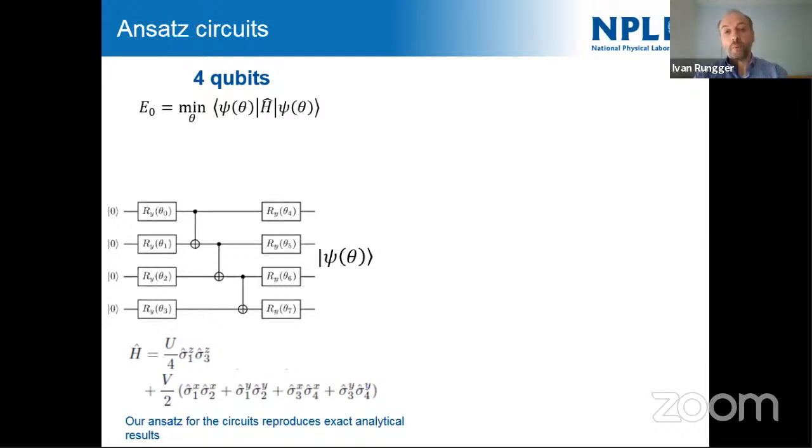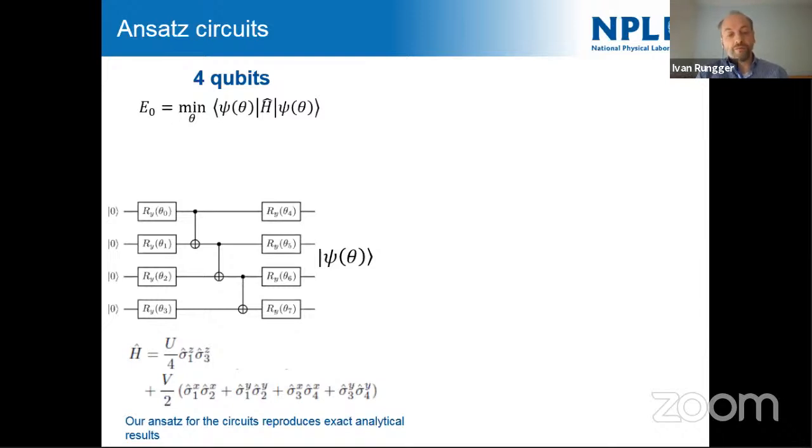And we see that we tried the circuits, and obviously we took the shortest one we could find, and that was this one here, where you have a few rotations on the left, a few rotations on the right, and 3 C-NOTs in the middle. This minimizes this Hamiltonian here at the bottom, which is valid for particle-hole symmetry, and just has a few terms here. And importantly, with this ansatz, we can reproduce the exact energy, which is quite important for benchmarking. So all the deviations will be due to other reasons, but in principle, the theory gives you the exact energy.